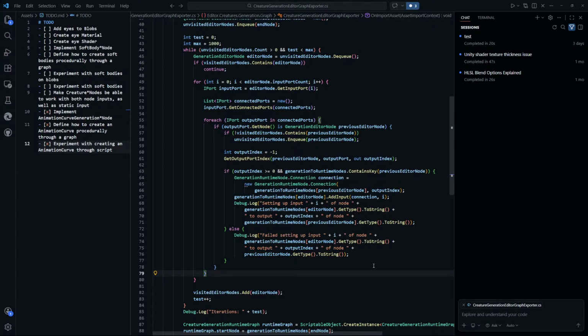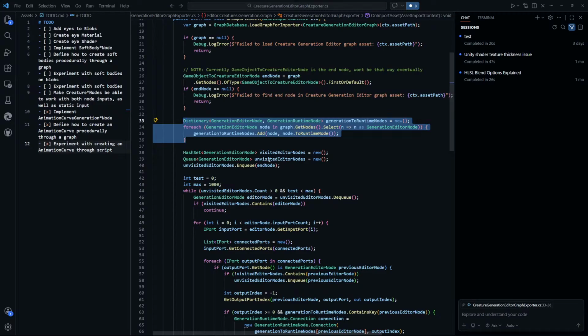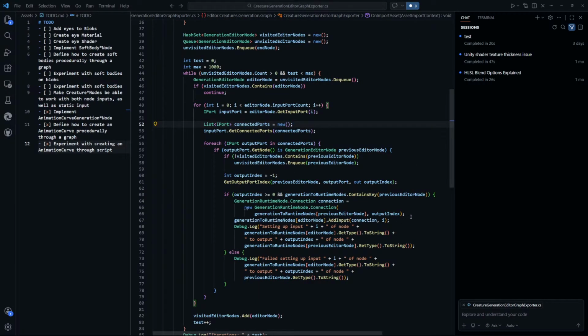Because basically what we do here is we take every node we have defined and then we convert them to runtime nodes. So now we have a dictionary of editor node being the key, runtime node being the value. And then we fetch these here. If output index is greater or equal to 0,